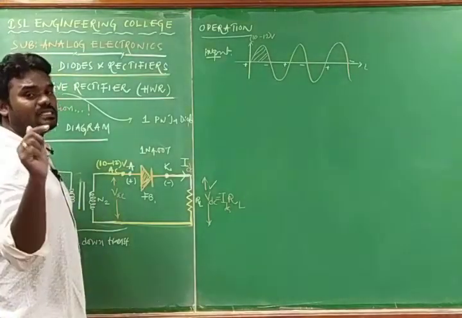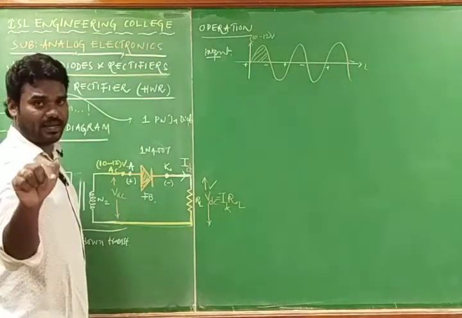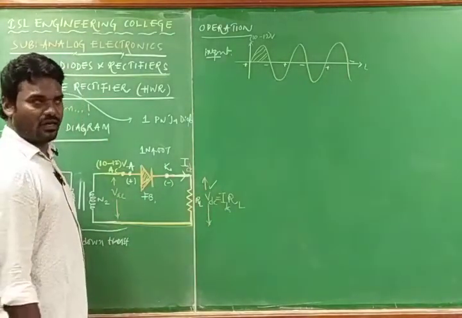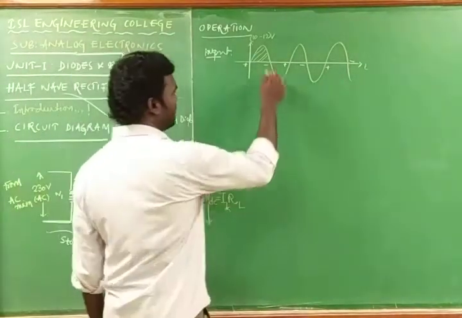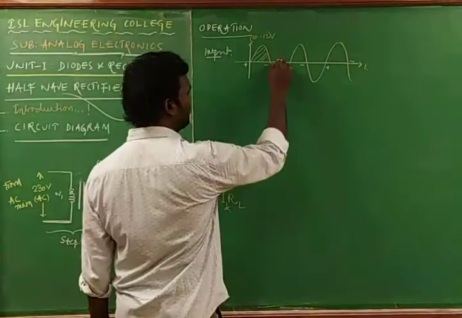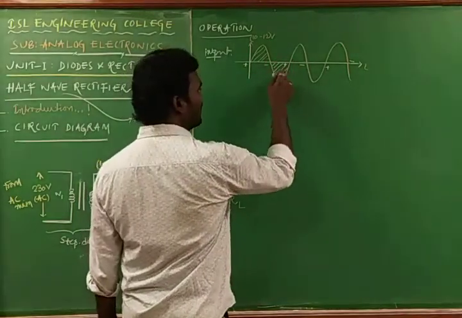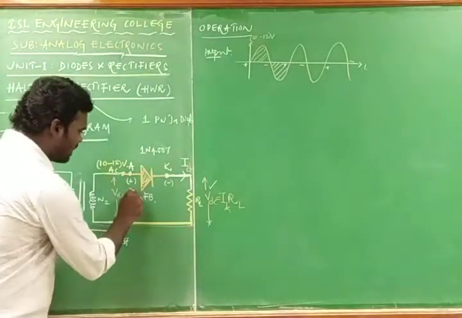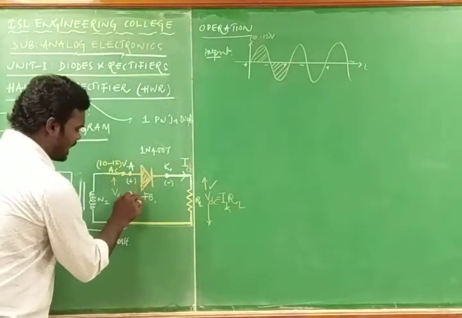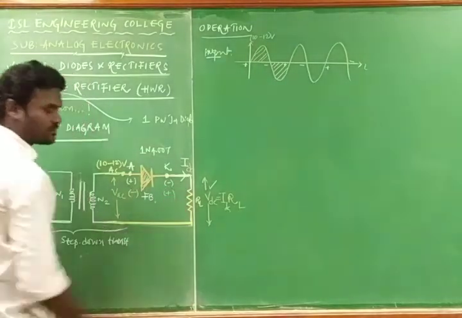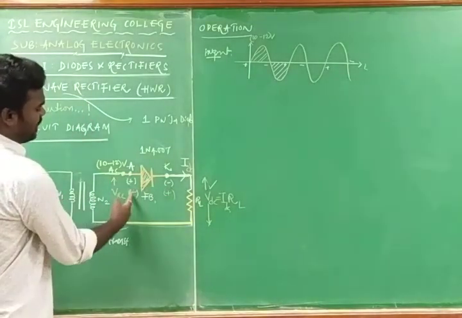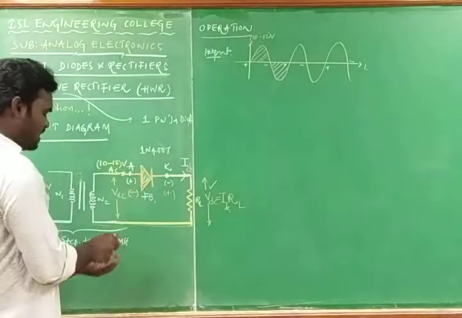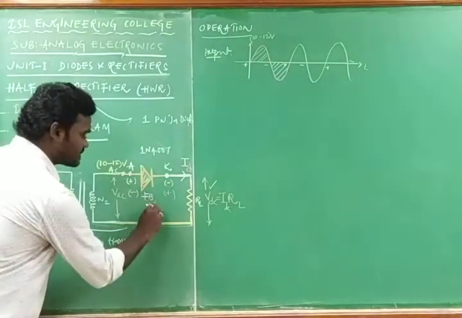We know that a PN junction diode conducts the current in forward bias, so there is a current, so there is a voltage. During the positive half cycle, the positive half cycle is completed. Next, during the negative half cycle, it is getting negative and positive. That means the anode is negative now, and the cathode is positive. When the anode of the PN junction diode is connected to the negative and the cathode is connected to the positive, then the diode gets into the reverse bias.